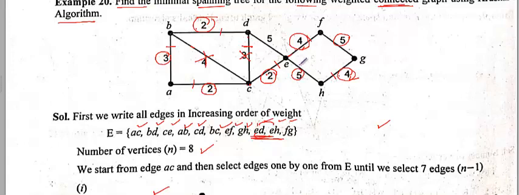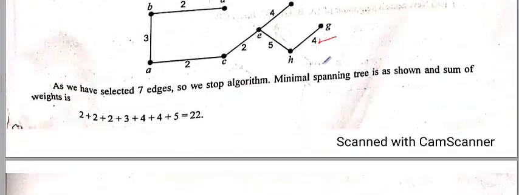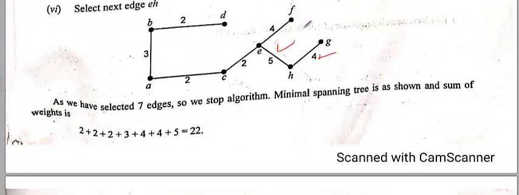So no problem here. You can take this edge also, this also, because this is not going to complete the circuit. Yeah, this is not going to complete the circle. Even this is not going to complete the circle. So it is your choice. You want to take this or this also. But you cannot take both because it will complete the circle, or the number of edges will be 8. So you have taken this also. Even you can take this, but